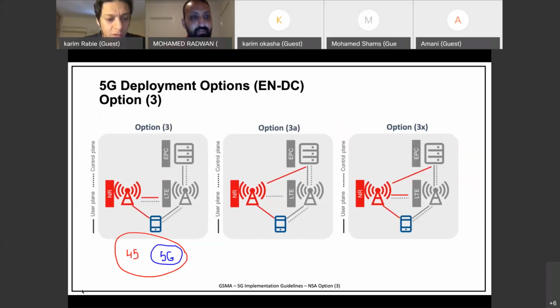Okay, so commonly, let's go to the laser pointer again. If you are a handset that's being covered by the 5G, this means that at the same time you can have control plane with the 4G because you are covered with the 4G, but you have a user plane anchor point with the new radio. So you can use the 5G downlink path, for example, to get data.